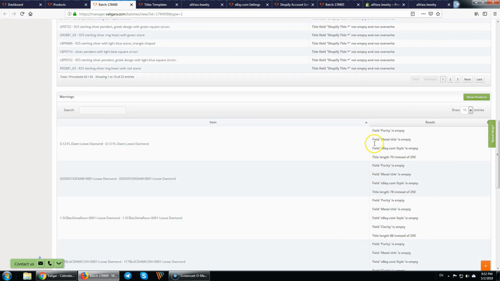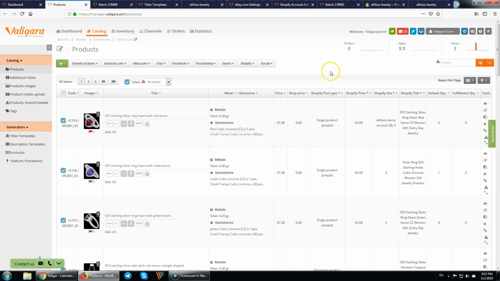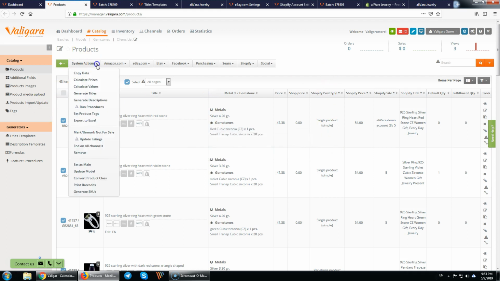What else happened here? This template uses some fields that are empty in the specific product, so the system warns me on this, and the generator was run with a setting of 250 symbols. 78 were created, which is okay. Okay, so I have now my products with titles, and again I can make sure that I have quantities for